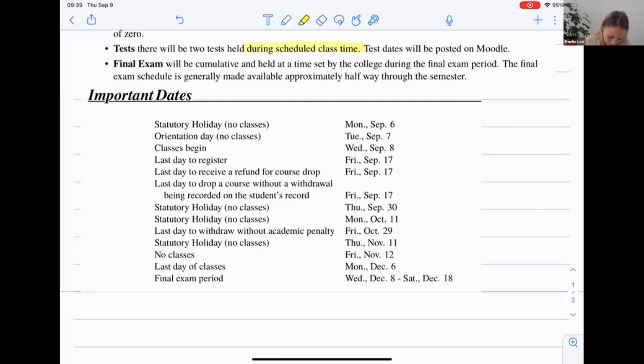This one's important. I only point this out because sometimes people aren't aware, right? And so the last day to withdraw with a W, so without academic penalty, is October 29th. That's really late, right? That's really late into the course. By that time, you have a really good idea of whether you're going to be able to pass or fail